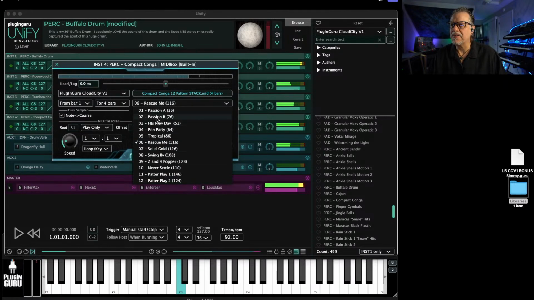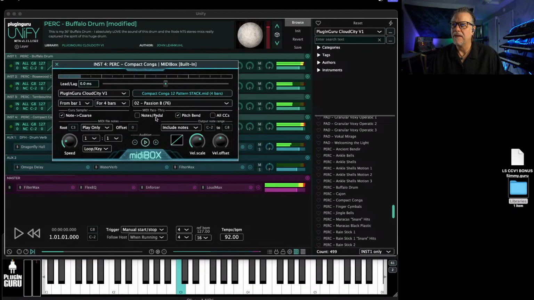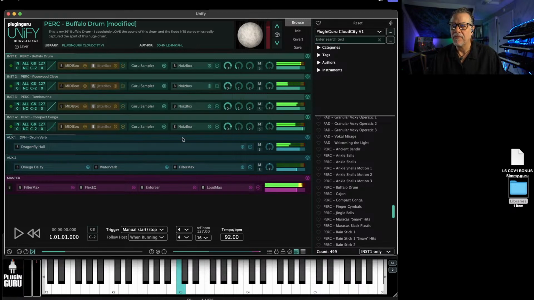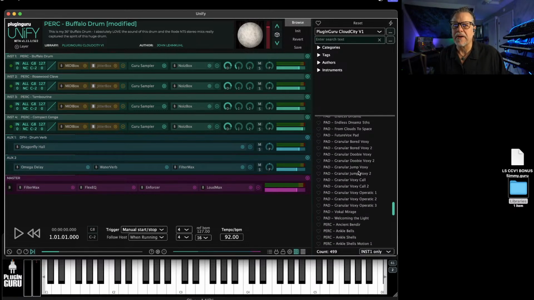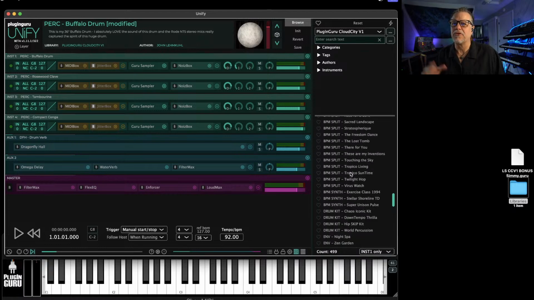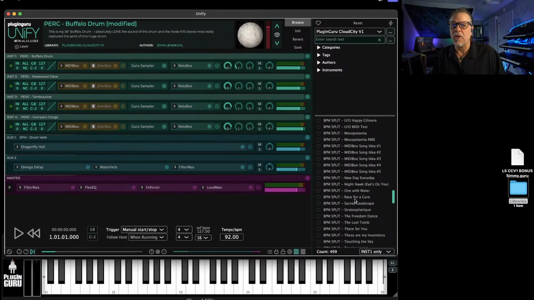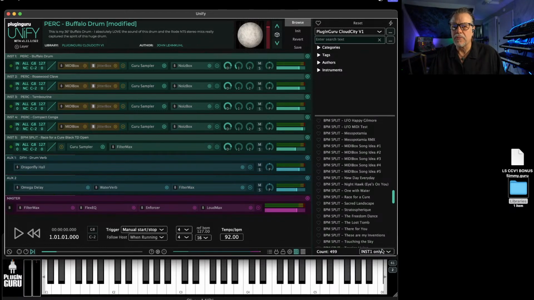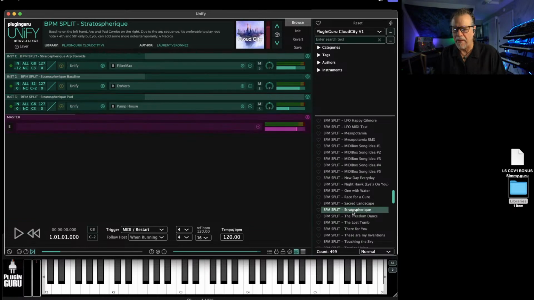And there's all these patterns inside here. So you can make grooves in no time at all with this library. And it's all these really cool percussion sounds, drums. The BPM splits go on for days. There's so many cool things. So this is a great library just to get a whole bunch of